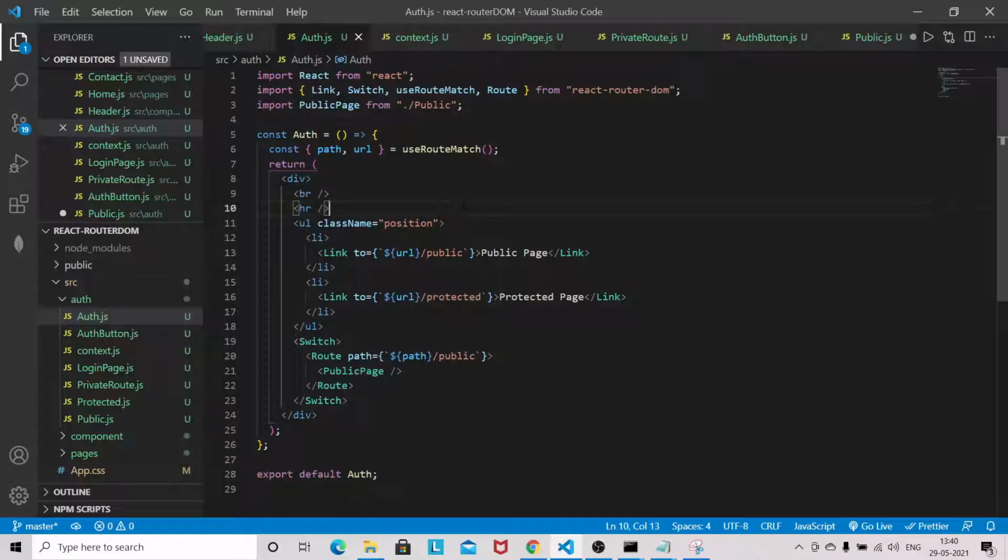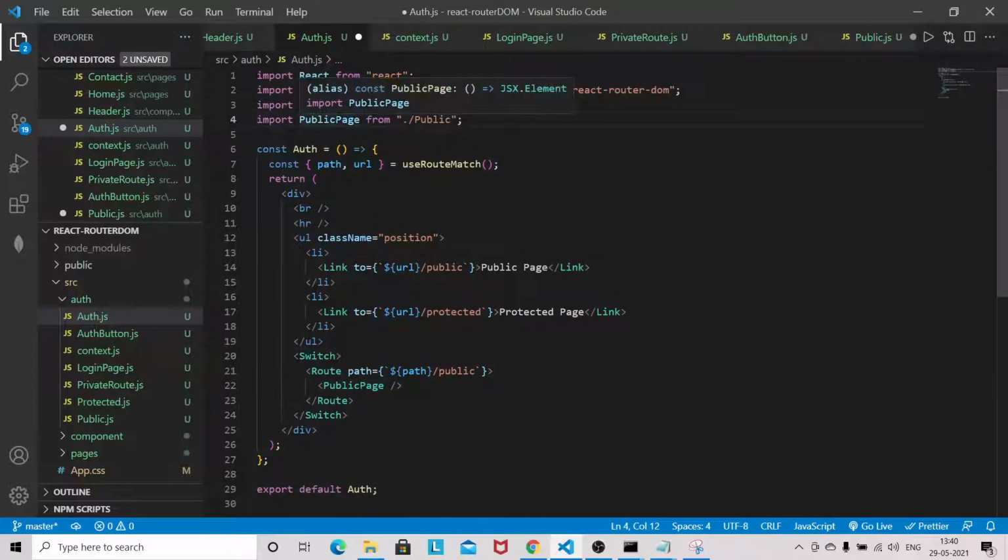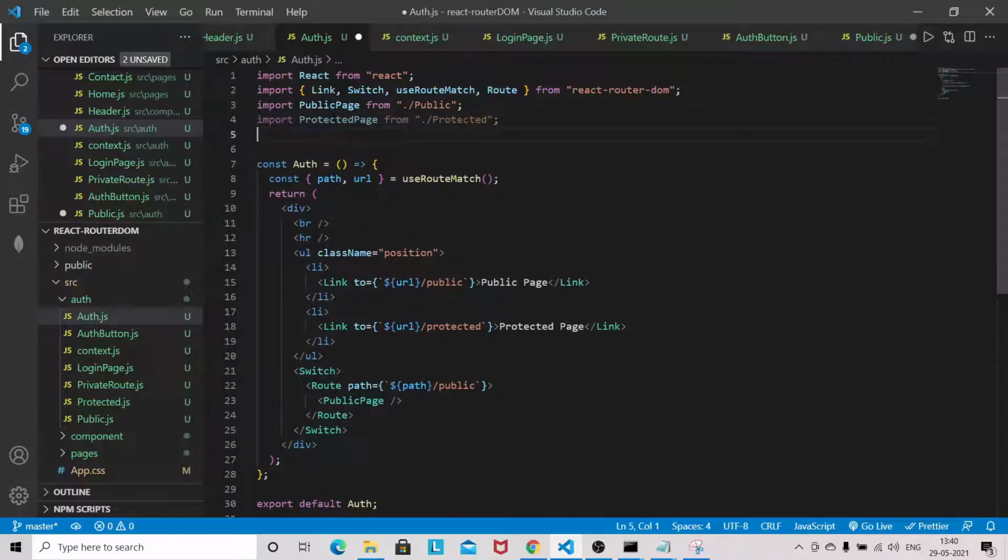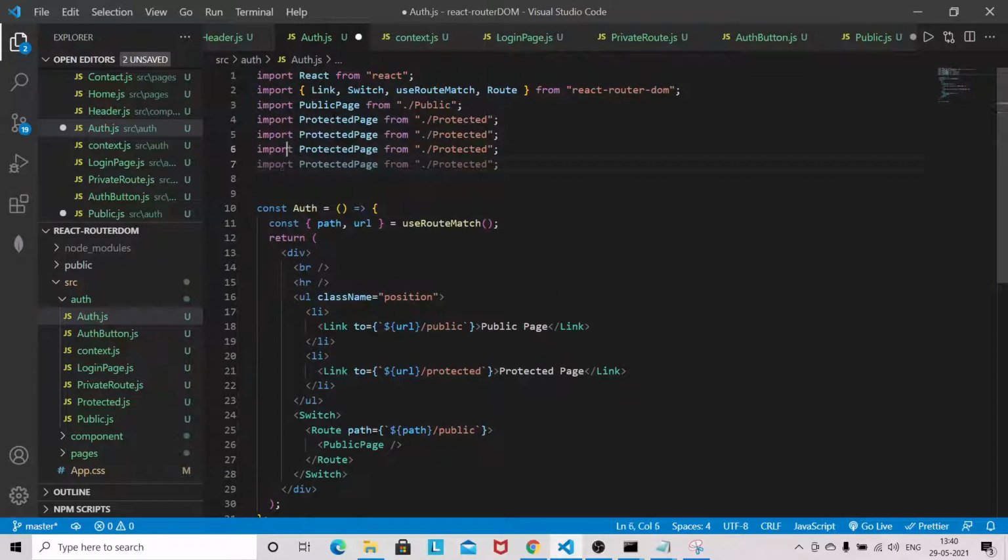Okay, now come to auth.js. So we have created quite a lot of files here. So I will import first the protected page, from protected. Now we need the login page, so I will copy login. A couple of times I will use login because we need different things here. So login page, from login page.